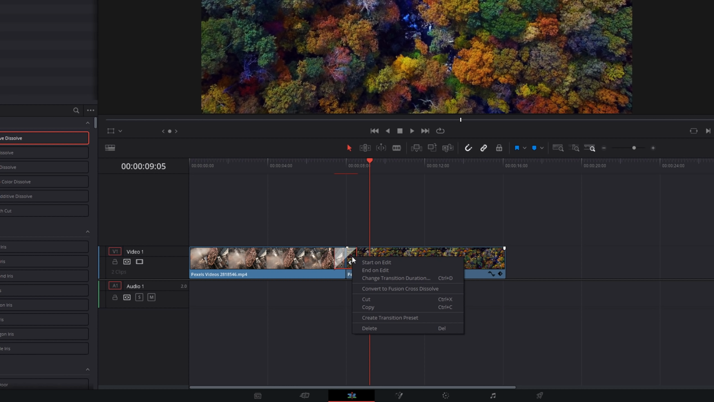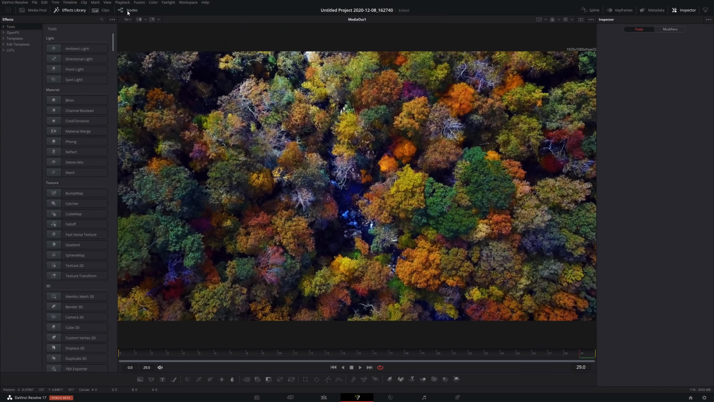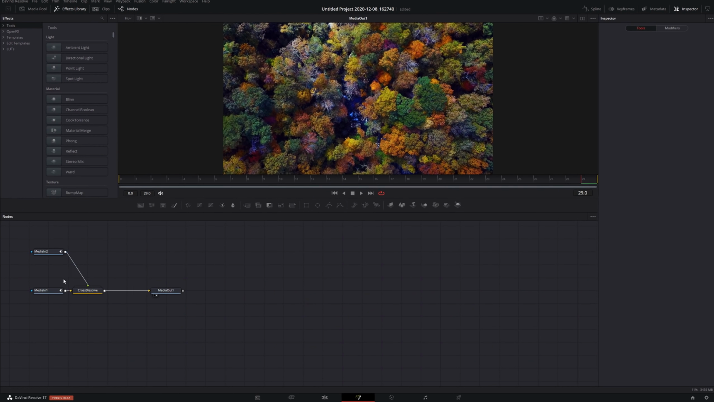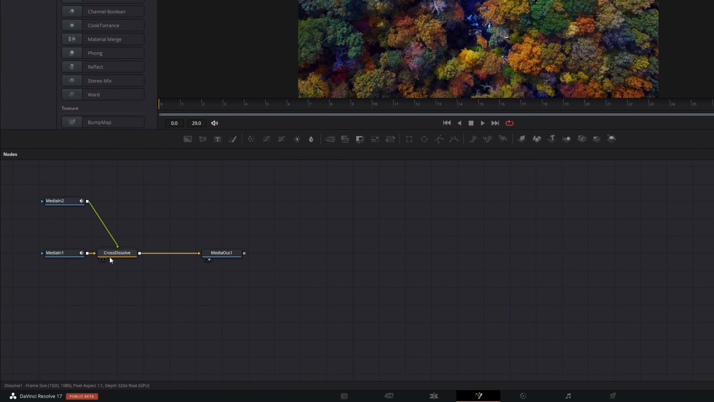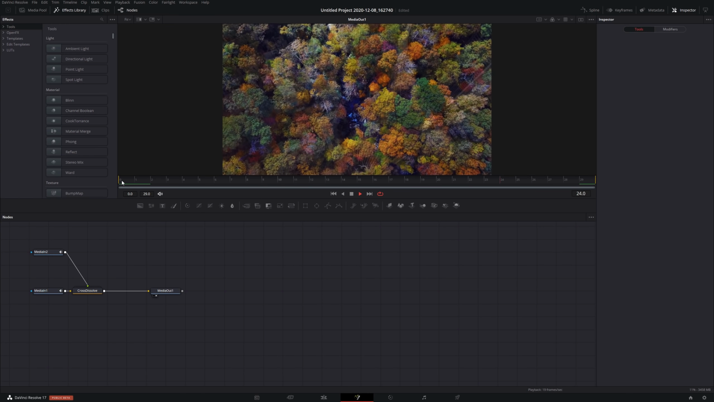We're then going to right click and convert to a Fusion cross dissolve. And then we're going to right click again and open in the Fusion page. Now you need to make sure that you've got your nodes down here. If you don't see these nodes, just click on the nodes button up here in the top left hand corner. So we've got media 1, media 2, we've got the cross dissolve in the middle and then media out. If I hit play, all it's going to do is a real simple cross dissolve between the 2 clips